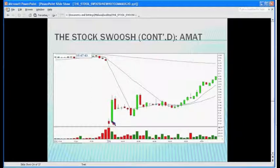It opened at $11.33, and up here is $11.54. It's like 20-some cents. That's a big move for this stock. 22 cents in the second bar of the day, and then it did this. Swoosh, swoosh, whoosh. This is the swoosh right here. So you don't look to short into that. Wait and let it tell you if it's really going to work, which it's probably not going to do till